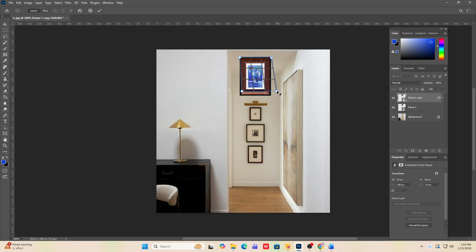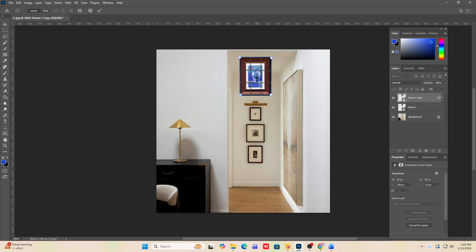If the object spans multiple angles, add a second plane by clicking again and snap it to the first one so they share an edge. Align these planes carefully. The more accurately they match the true perspective lines in your photo, the more convincing the result will be. When your planes are in place, switch from layout to warp using the button in the top